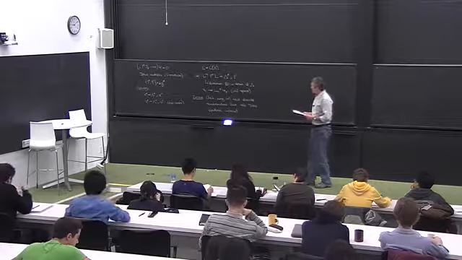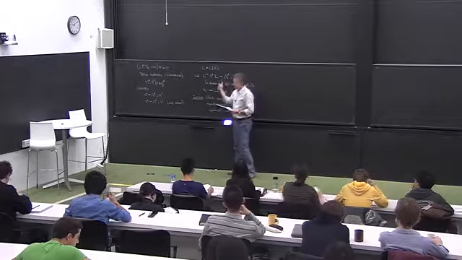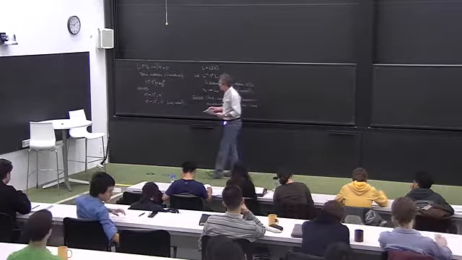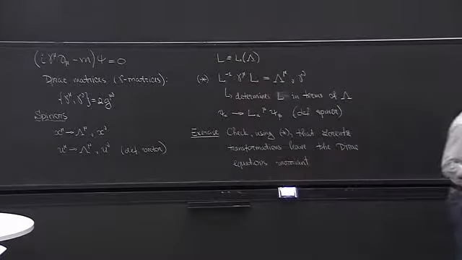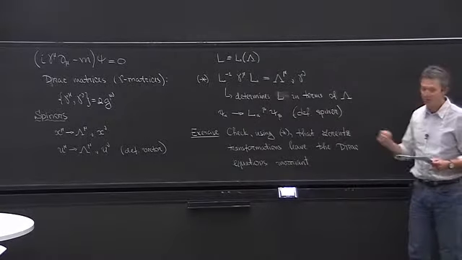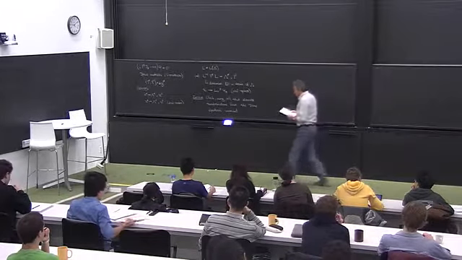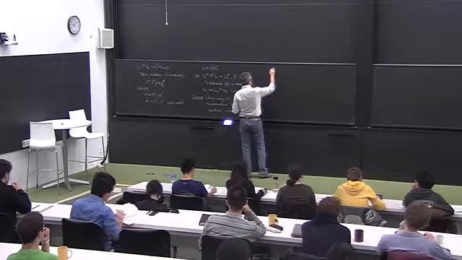The second property is that this definition makes L a representation of the Lorentz group. So you know that transformations of coordinates that leave the Minkowski metric invariant form a group, which is called the Lorentz group. So if you apply two transformations to x, it will be another Lorentz transformation, and so on. So to check that L forms a representation of the Lorentz group, we need the following